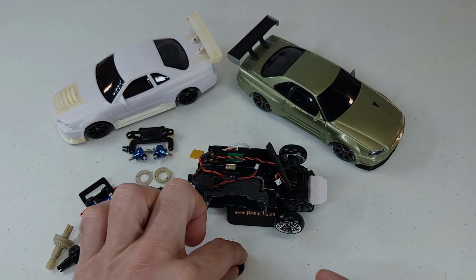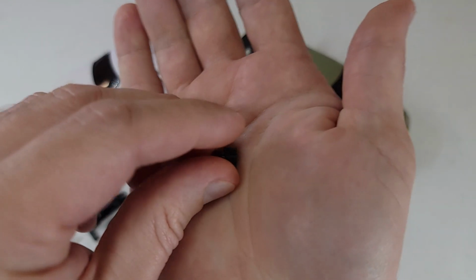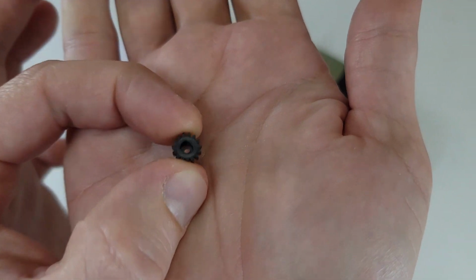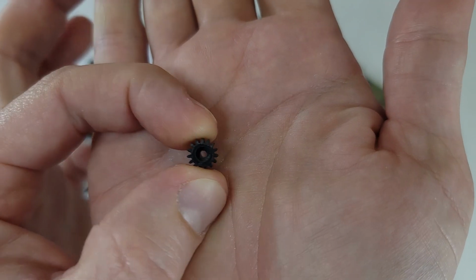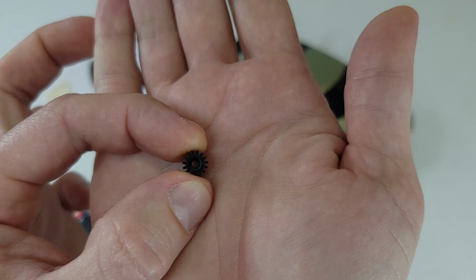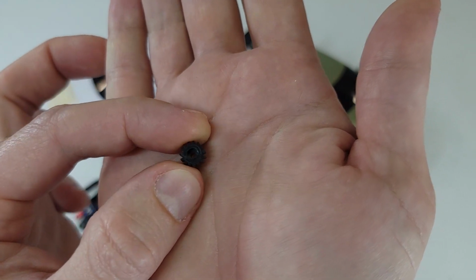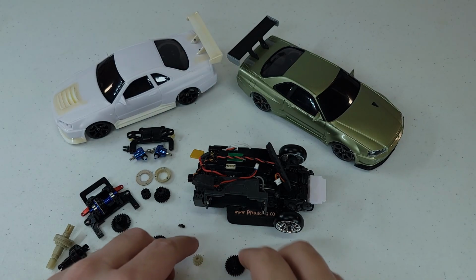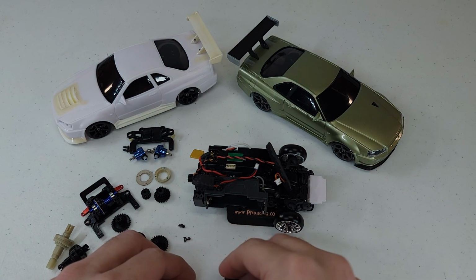That's why when you see other people doing their videos, they're using this 15 tooth pinion that comes with the car, and that gives you a 1.875. But I'm actually not going to be doing that, because since I have 1.75 and 2.0, I'm just not even going to bother with the 1.875. I don't really see the point. But if I was going to do that, I have